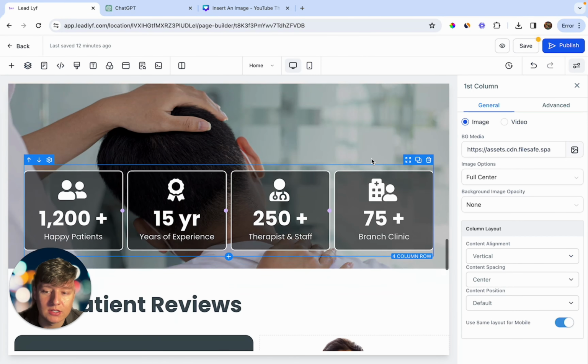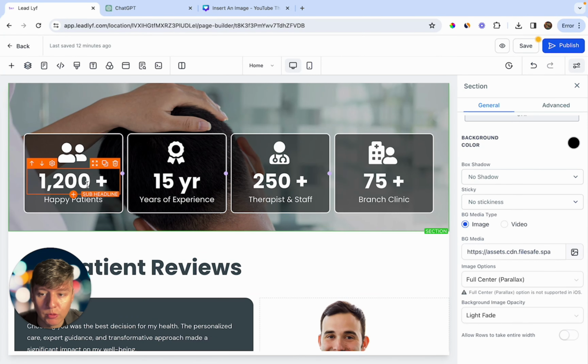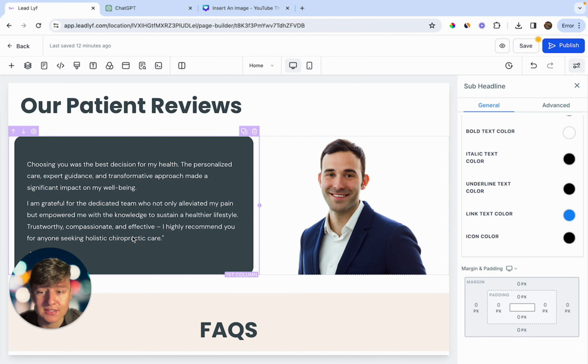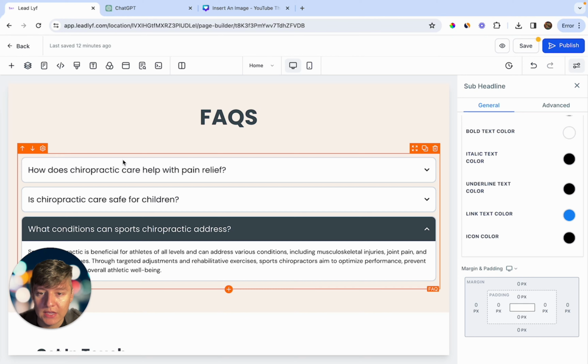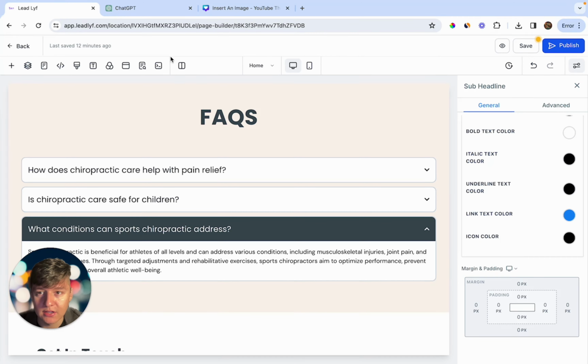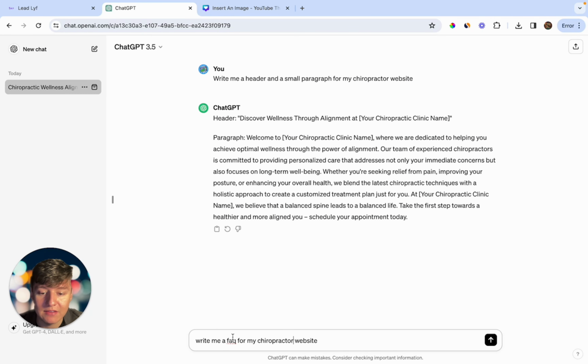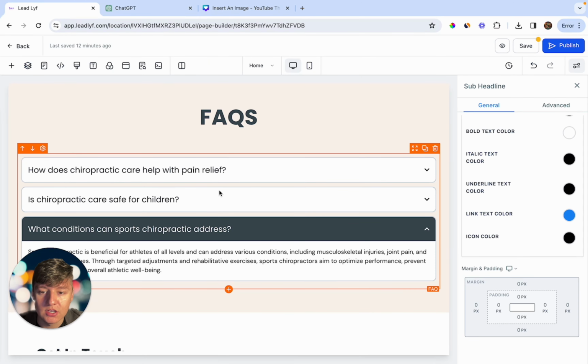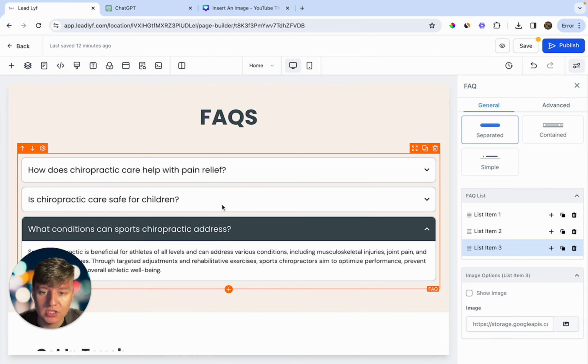So guys, it's going to be very easy for us to edit this website. Pretty much everything's going to be 80% done. All we have to do is click where we want to edit and then change it to whatever we want. And like I said before, if you guys are using AI, it's not going to take you that long to write all this out. Even for this FAQ section right here, we can go to ChatGPT and I can just say, write me an FAQ for a chiropractor website, and I click on enter. And just like that, ChatGPT will give us questions and answers that we can use for our FAQ section on our website. So again, you can just copy all that over right here,